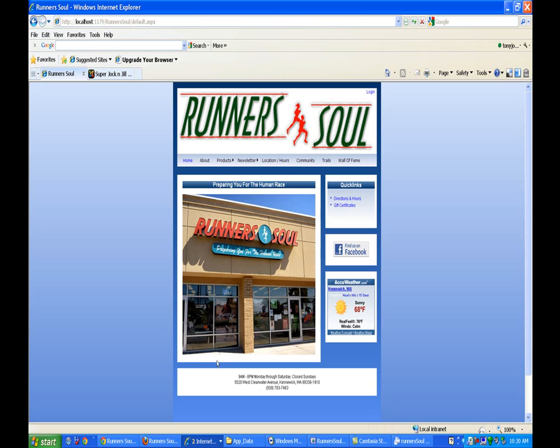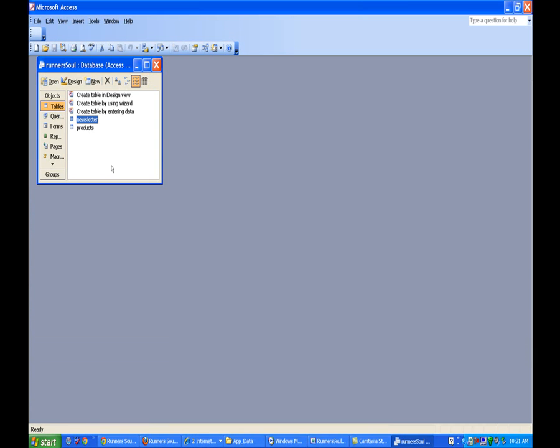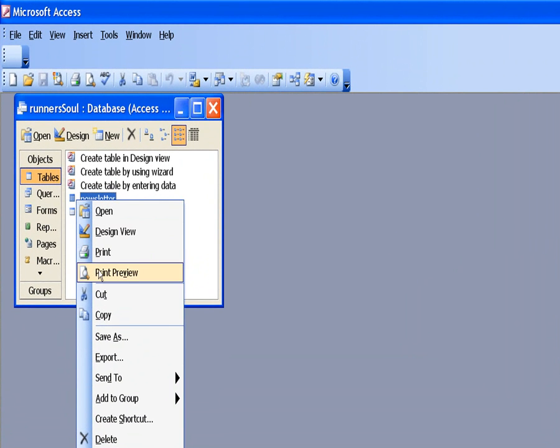So what we'll do is go back and create a table in the database and then display again whatever the current or the latest item is in that table. So to do this, the first thing to do is go to the database. I've got the Runner Sold database open here, and I think I'm just going to copy this newsletter table